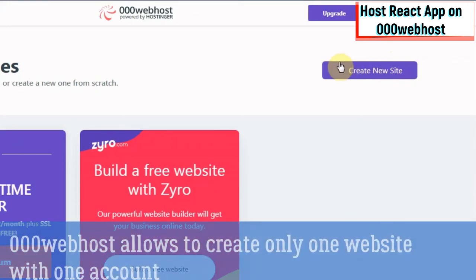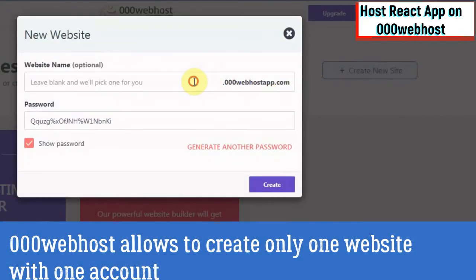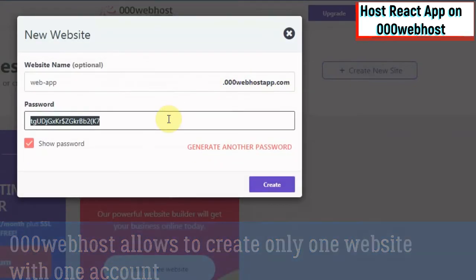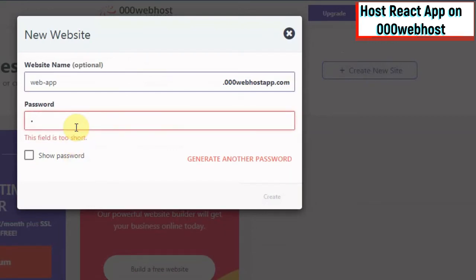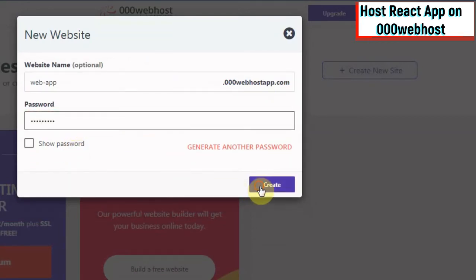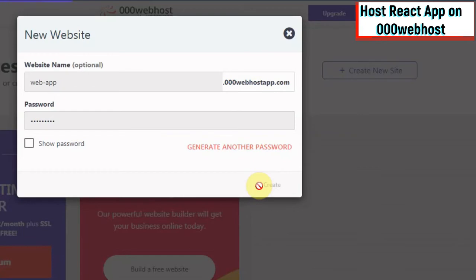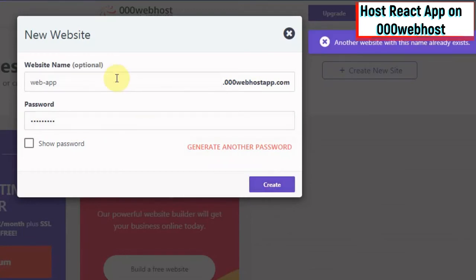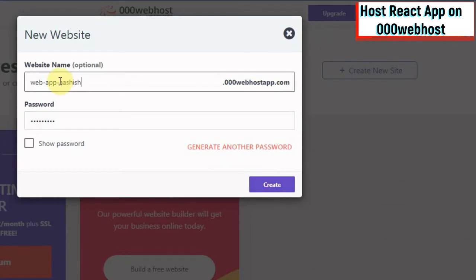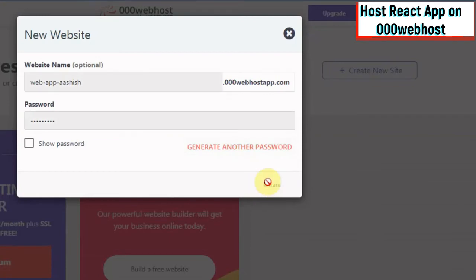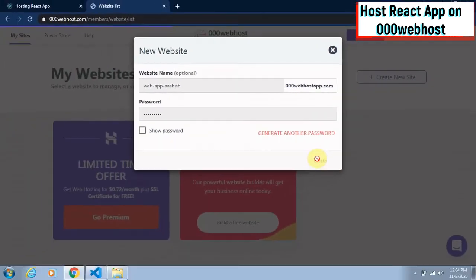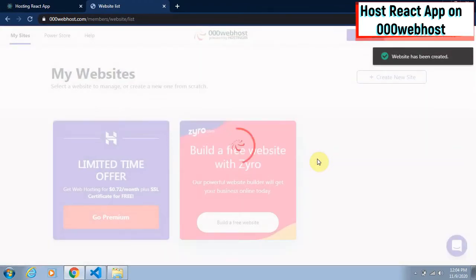Now click on create new site. Now fill up your credentials and hit create. This name is not available, so I am changing the name. Congrats, your website has been created.